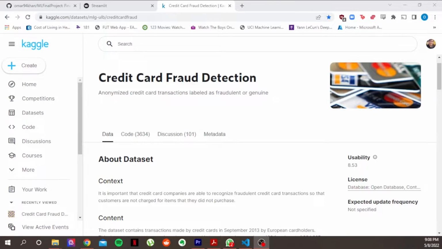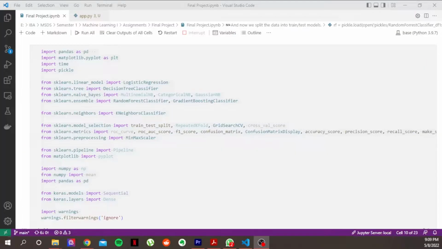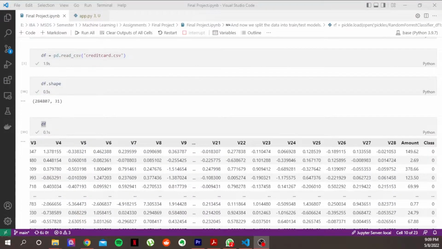Today I'm going to be showing you the project that I've been working on, which was for credit card fraud detection. As you can see over here, this was taken off of Kaggle. First, these are all the modules that I used. I then used pandas to load the CSV file into a data frame, and its shape was 31 columns by